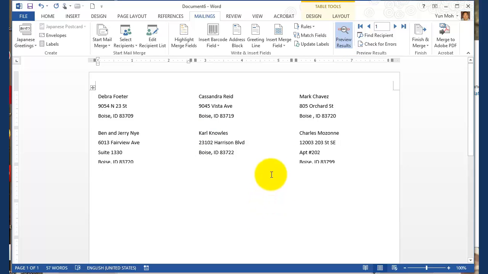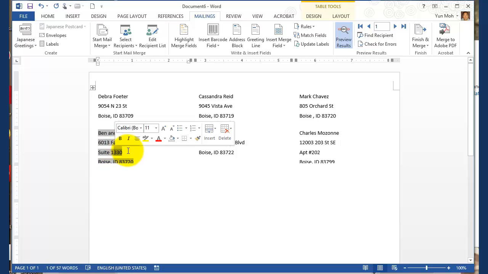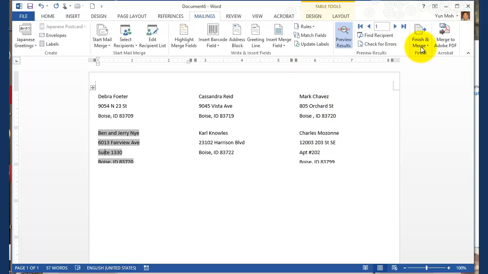Okay, and then I noticed that some letters, mailing labels, are kind of chopped off. This particular mailing label is not quite big enough to have street address number 2. So if you were to have it, you're going to have to arrange things later, or use a different mailing label. I'll show you in a later part of this video. So anyway, assume everything is okay, go ahead and finish,